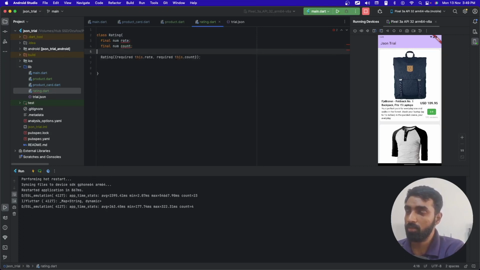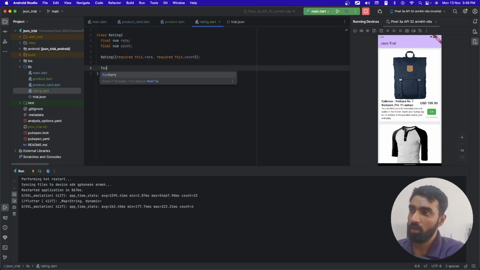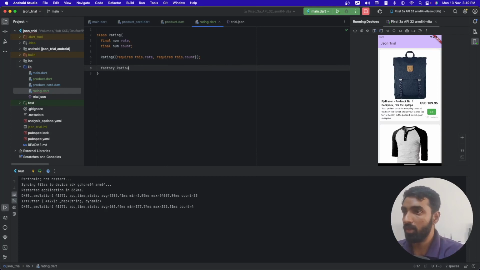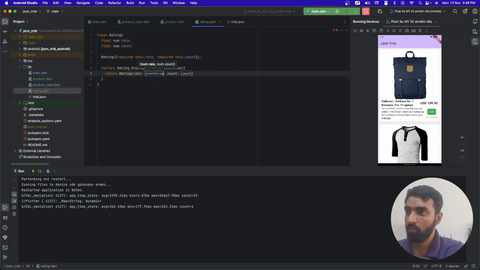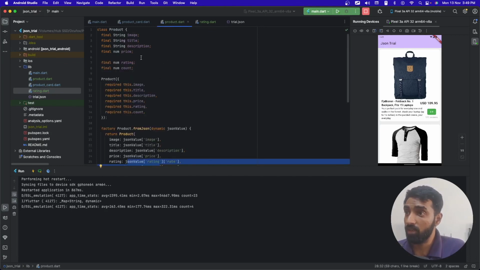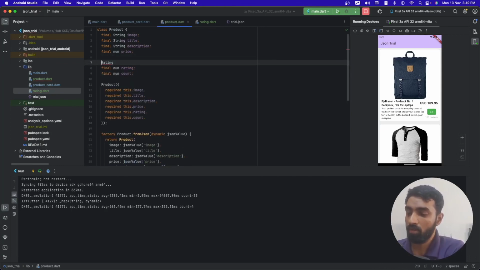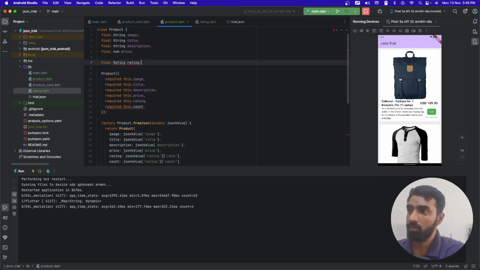Create constructor for this and same thing repeat होएगा. And I should use this inside here. Final rating and these two